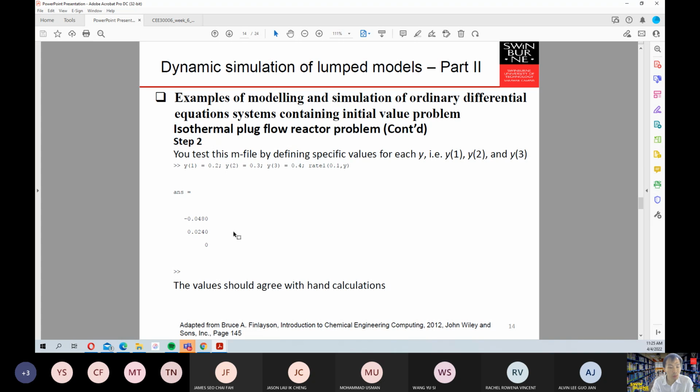So this is what we call a code validation. Whenever you want to go into the MATLAB code and calculate whether your MATLAB code is correct or not, you validate using hand calculations or a value that you know in the beginning. If your code is correct, then it has to give you the same value as what you have verified to be correct based on the hand calculations or based on your Excel sheet. That's the so-called code validation.